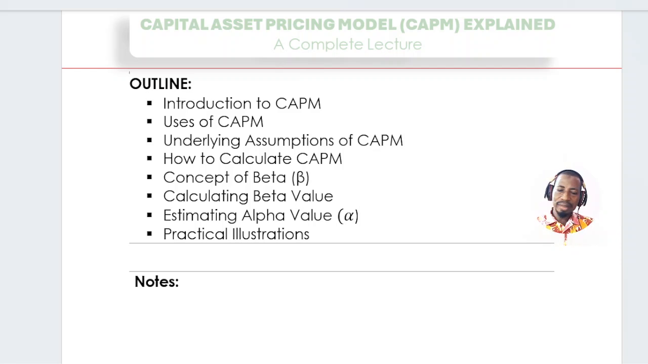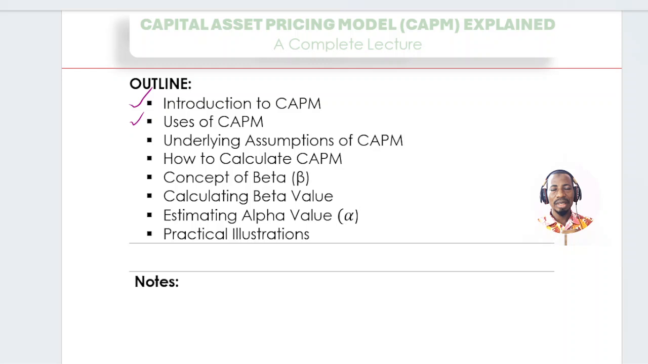What are the areas of application of the capital asset pricing model? There are basically three key areas in which the capital asset pricing model can be applied. One is to price risky assets. Stocks are considered to be the most risky assets. So when you want to determine the price of stocks or share price, then we use the capital asset pricing model